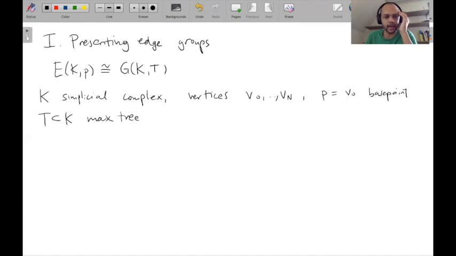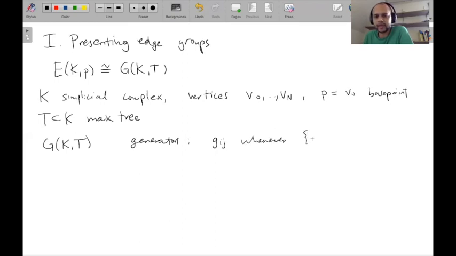So I called this L last time, but let's call it T now. And we define a group GKT, which has generators Gij whenever Vi, Vj is a simplex of K, and relations